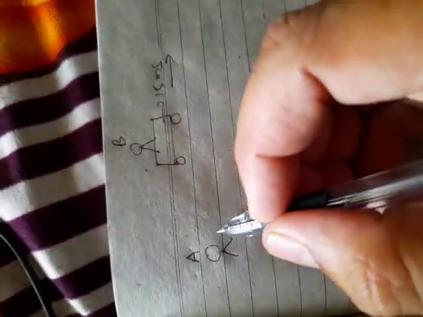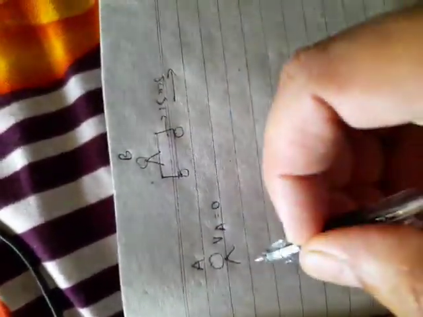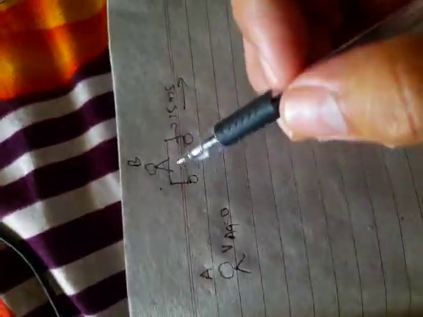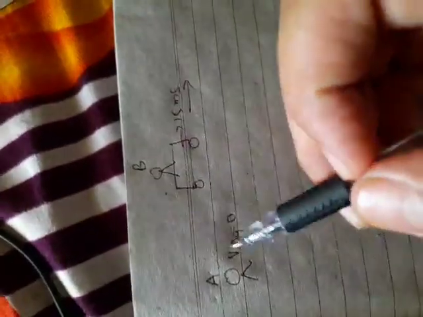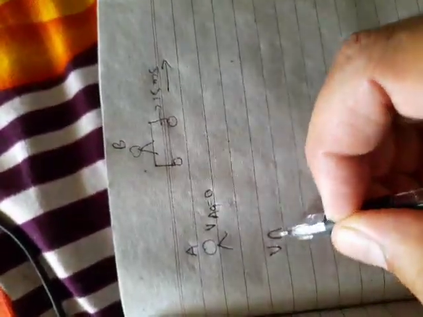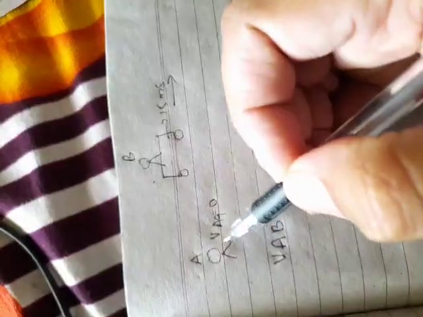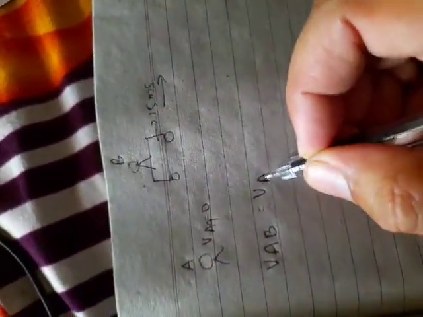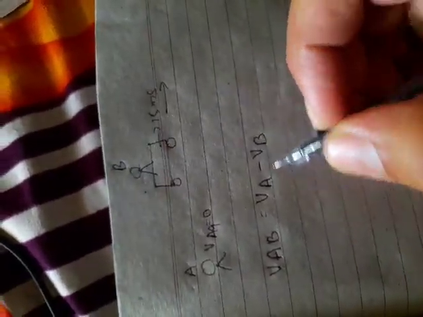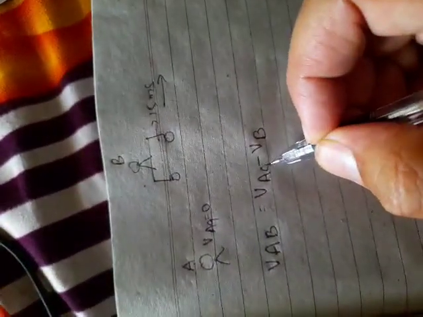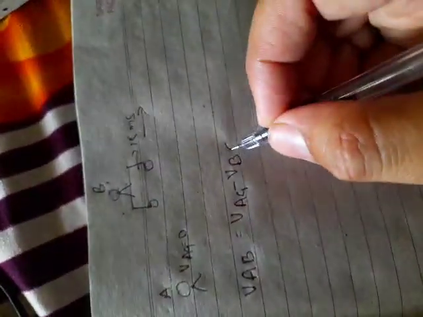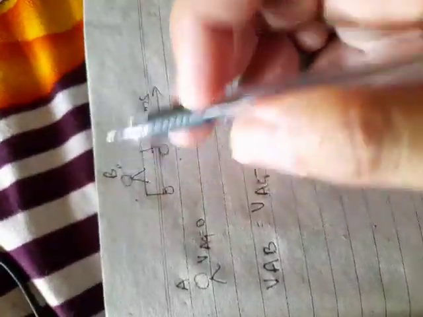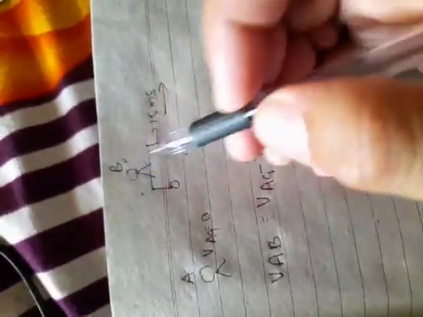And that boy is at rest. So how much is the velocity of that boy? We can say VA with respect to ground equal to 0. So simply what is this? We have to compare the velocity of A with respect to B. So what will we do? Velocity of A with respect to B, and the velocity of A we need with respect to ground, and the velocity of B we need with respect to ground. But this velocity is not with respect to ground. This velocity, means B's velocity, is with respect to the trolley.